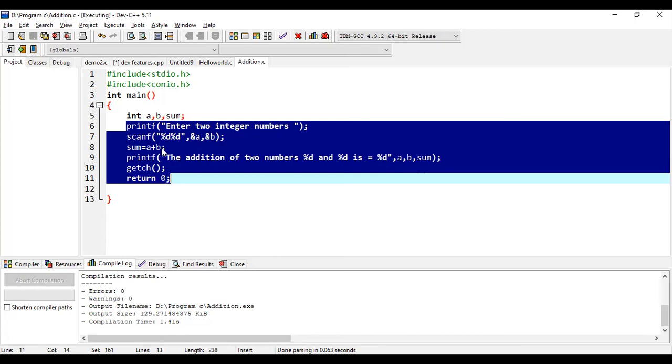So next one, we have read the value in this variable A and B, and we are going to add these two numbers, and we are going to store the result in the variable sum. So now the result is stored in this variable sum. We want to display the result to the end user. So here I am going to give the message that the addition of two numbers followed by the format specifiers that should be given within this double quote.